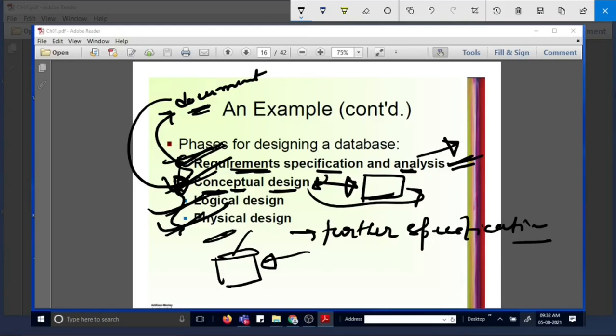Mini world, as someone asked in the last class also, mini world means the database that you are dealing with, that is the mini world. Okay, so this is an example. Okay, now next,